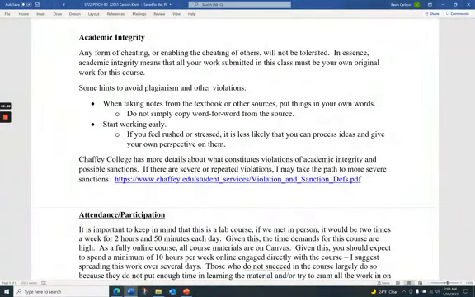Part of this advice about not leaving things to the last minute is that in my experience, people tend to use the internet to cheat when they feel panicked and rushed. So the big mantra in this class again is work early, work steady, and feel relaxed rather than leaving things to the last minute, not really understanding things because you're trying to rush to learn it, and you feel time pressured to do the assignments, and you end up doing poor assignments or perhaps plagiarizing, which will get you in trouble. So that's my big piece of advice for the course: work steady.